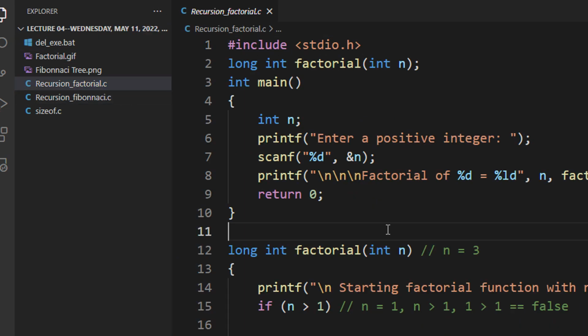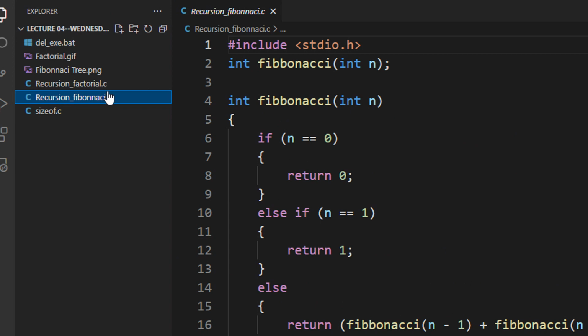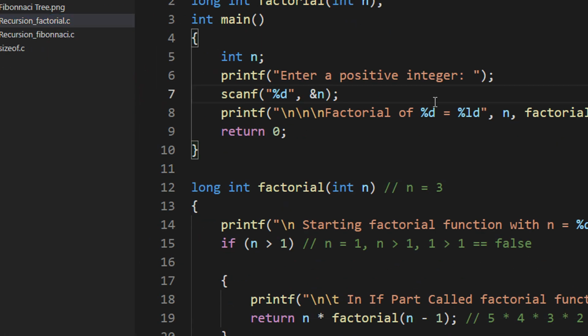Yeah, this is recursion factorial and recursion Fibonacci. Okay. So recursion is a concept of functions wherein a function calls itself, right? So for example, if I